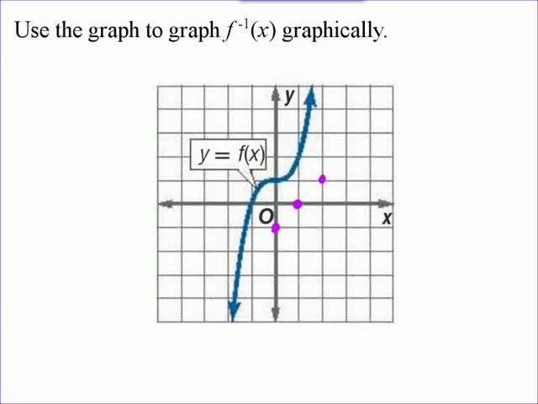So another one would maybe be down here. That's negative 1.5, negative 2, so that will be at negative 2, negative 1.5. So right about here. And so what ends up happening is if I graph that and just connect those dots,